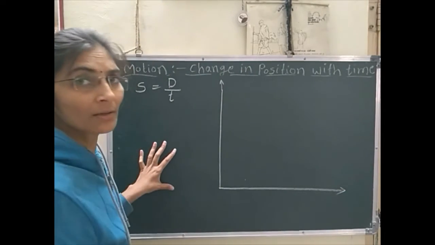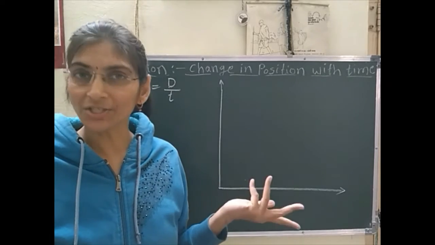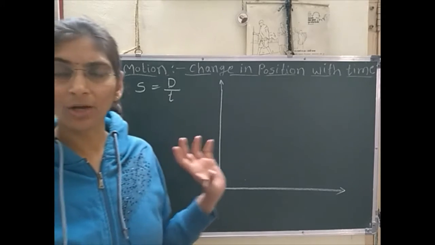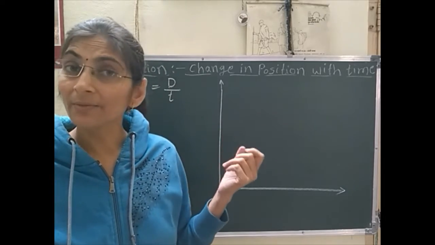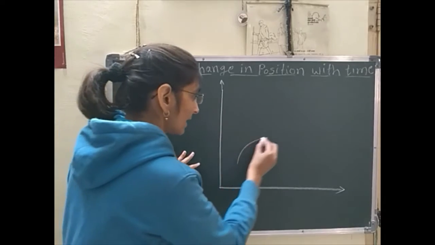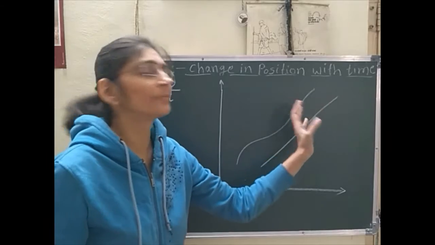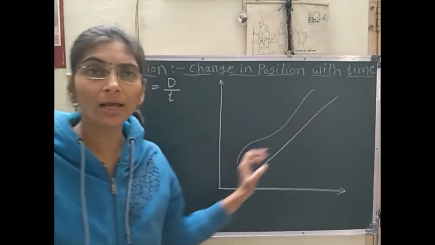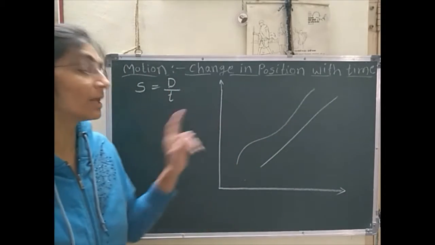We know that there are three types of graphs we are using. One is the pie chart, but the pie chart is not convenient for speed, because the pie chart is used for percentages. So next are the line graph and the bar graph. So the line graph is like this line or this line. The line will depend on the points.